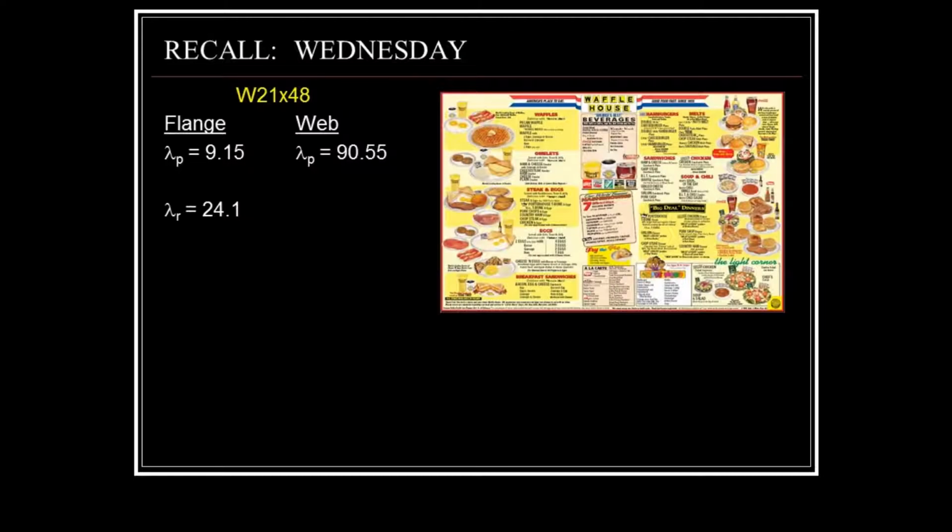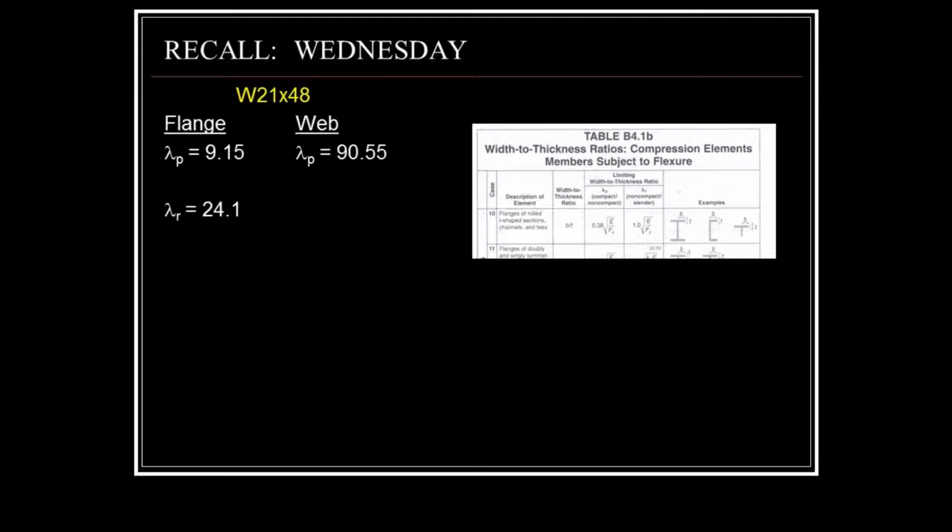We found our local buckling lambda p and lambda r values using the equations that are found in our AISC Waffle House menu, which is actually Table B4.1b, which gives pictures of the various sections and then their corresponding equation. Based on the lambda for the flange and the web, we determined that the flange was non-compact, but the